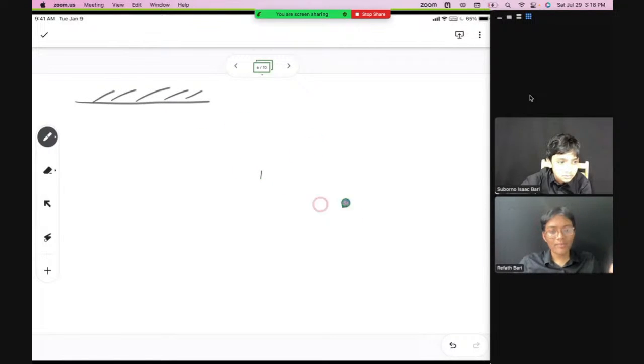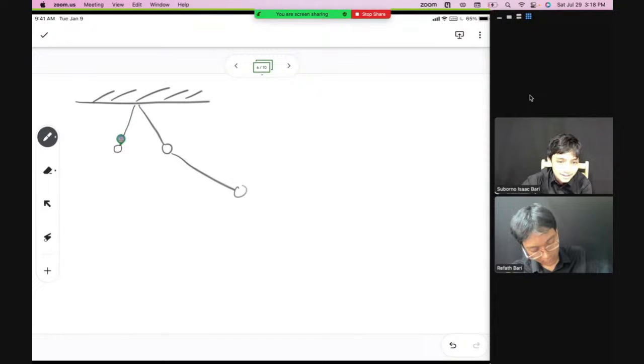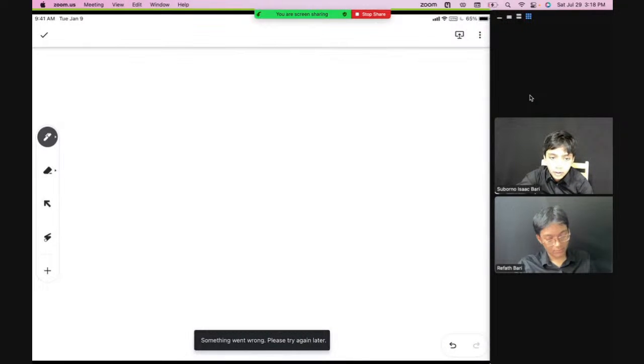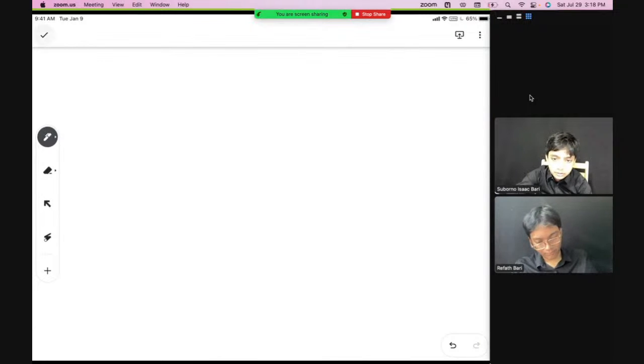So while I'm drawing it, can you explain a little bit about what the double pendulum is to the viewers? So the double pendulum basically. Oh, okay. Sorry. So the double pendulum is basically, here we have one pendulum on top of another, and usually,